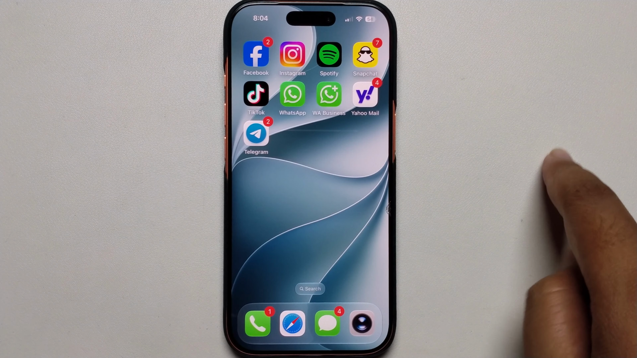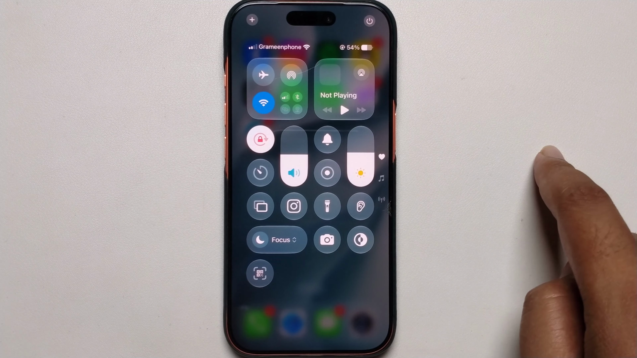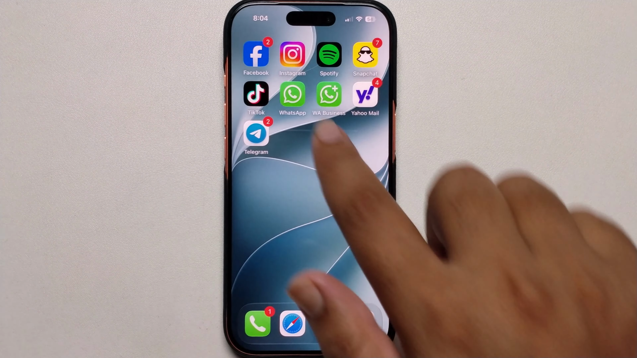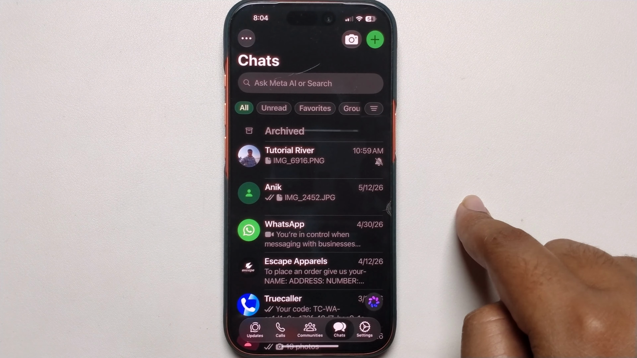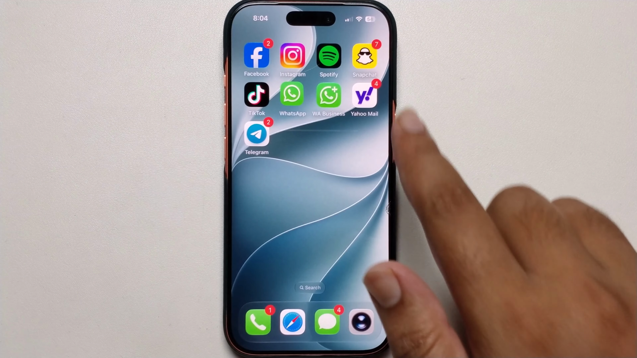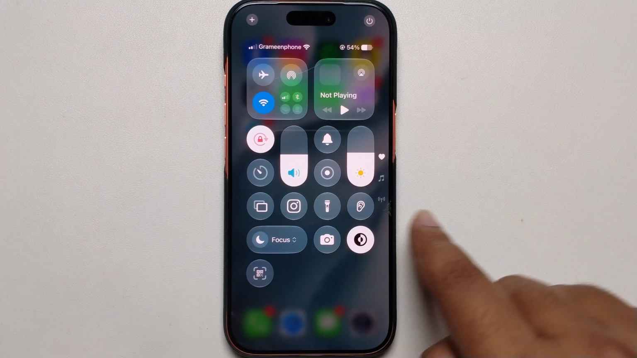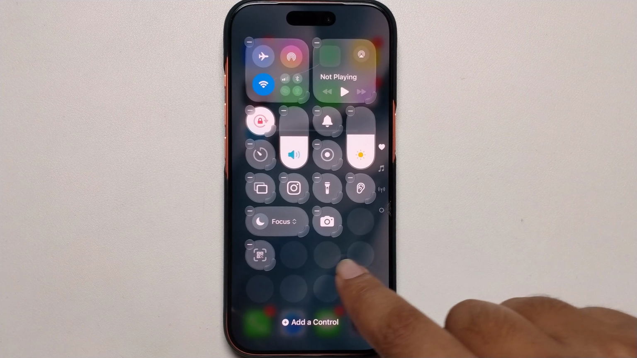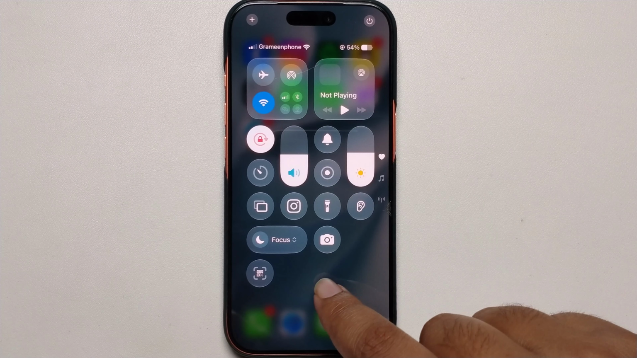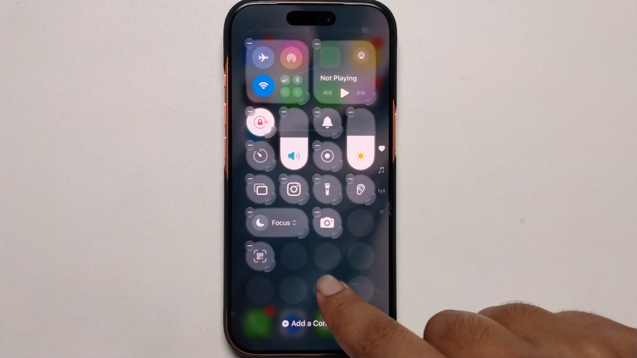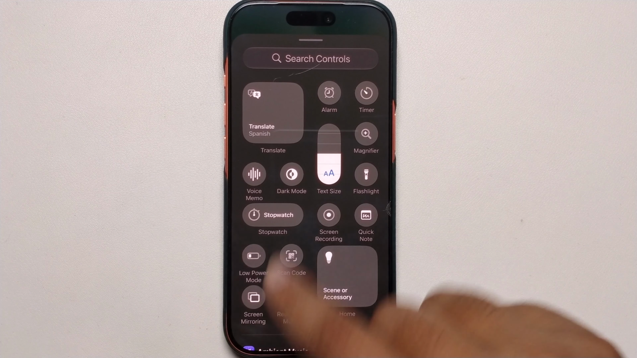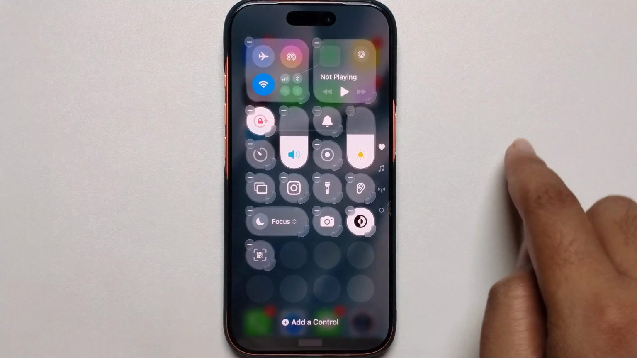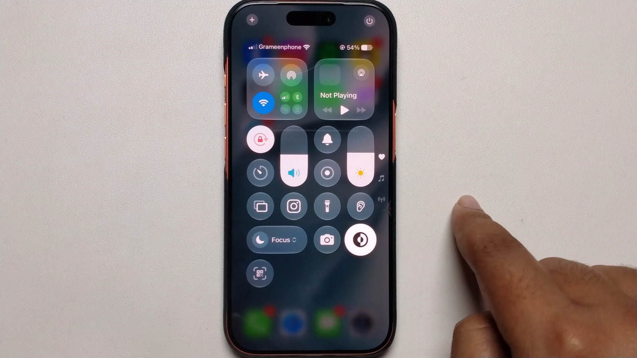So close this, go to my control center, turn on dark mode, then enable WhatsApp dark mode. If you don't get the dark mode option in your control center, at first remove. How can you easily get it? Long press, add a control, search here for the dark option, add dark mode, turn on, turn